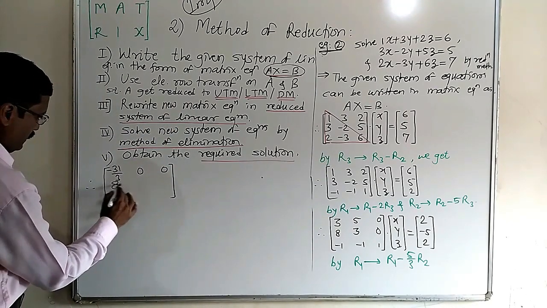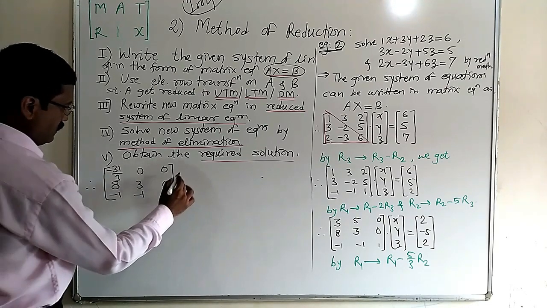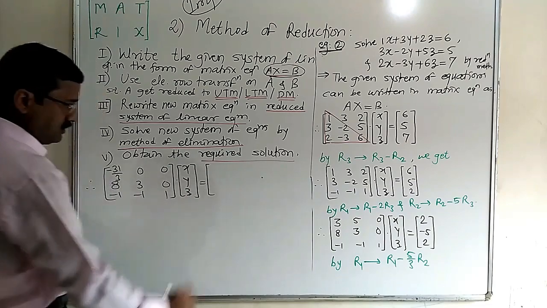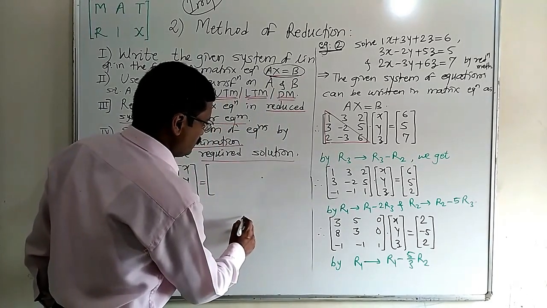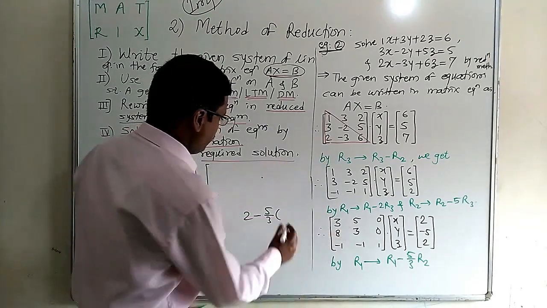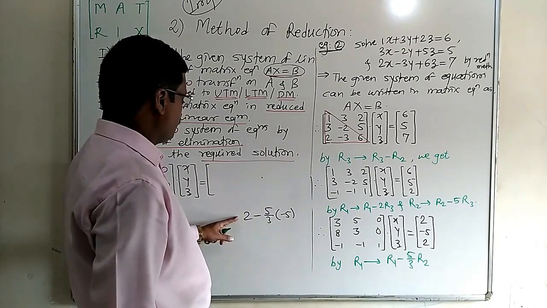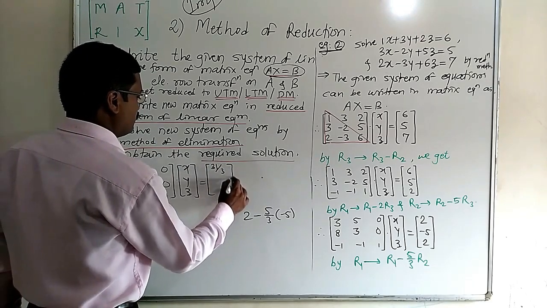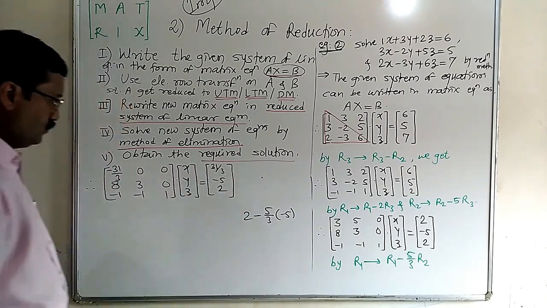Second row, that is 8, 3, 0, minus 1, minus 1, 1 into the matrix x, y, z equal to the constants. R1 will change. This is minus 5 by 3 times, so R1 is 2 minus 5 by 3 into R2 which is minus 5. So this will become plus 25, this will be 6, 6 plus 25 is 31. So it is 31 upon 3. The second and third elements remain unchanged, that is minus 5 and 2.